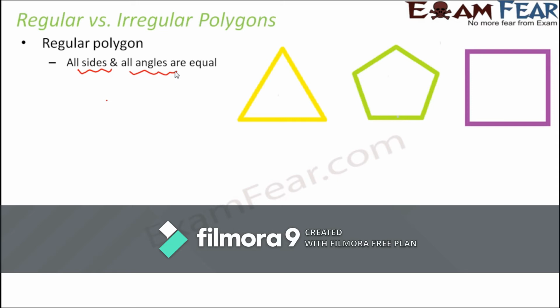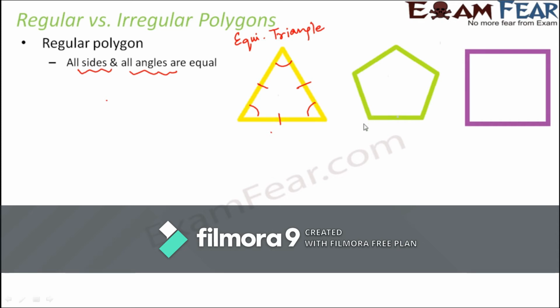When you look at a polygon with 3 sides, what is a polygon with 3 sides called? It is called a triangle, right? Triangle, that is 3 angles. Now, do you think that all triangles will have all sides equal and all angles equal? No, not really. Because different triangles might have different measurements for their angles as well as sides. But there is one type of triangle which always has all the 3 sides equal and also all the angles equal. What is the name of that triangle? That is nothing but equilateral triangle. So equilateral triangle is an example of a regular polygon.